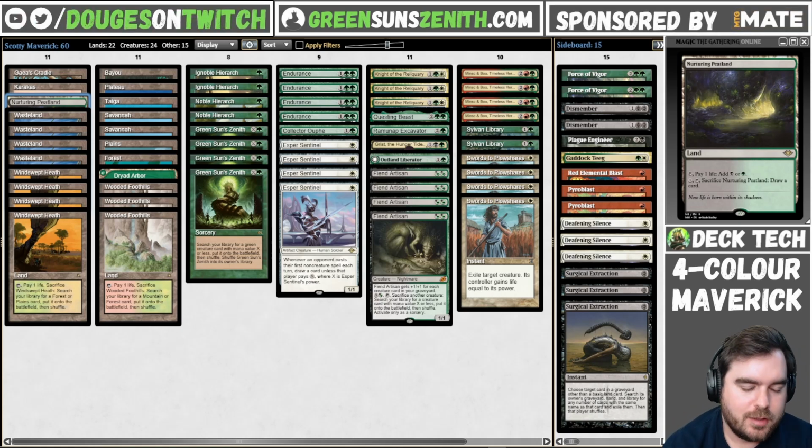So why not? I think right now on Magic Online, there's definitely a drop in Wasteland decks, I would say. I feel like mana just isn't...